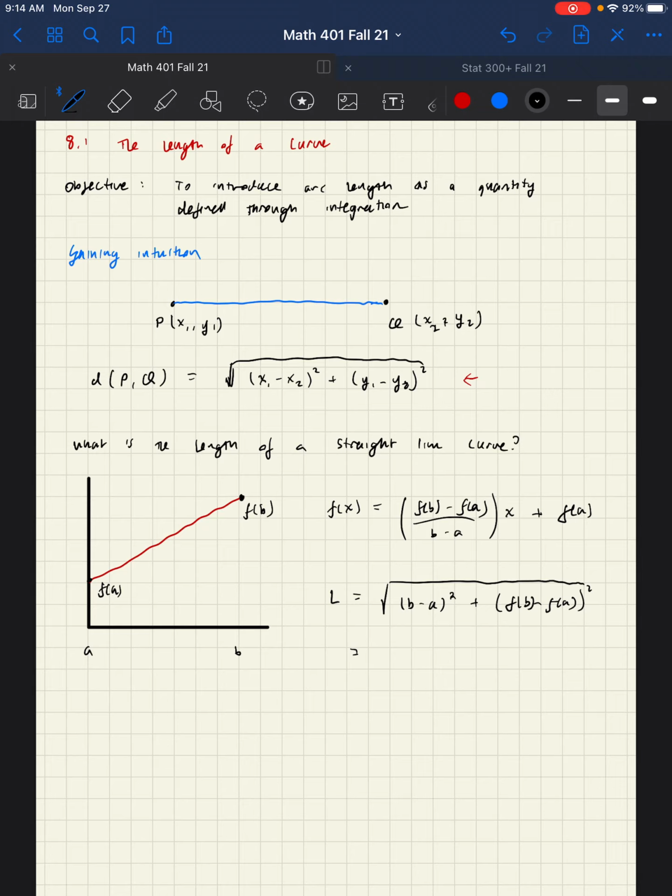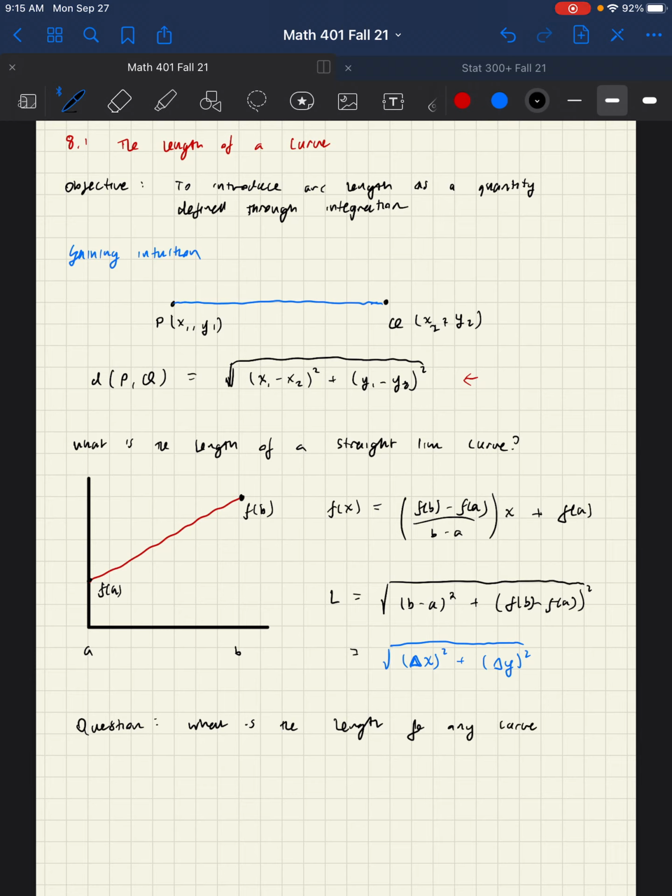So, but let me write this a little bit differently, okay? Because two things, right? So when we write this out, notice that what we're really saying is this is the difference in the x values squared plus the difference in the y values squared, square rooted. And we're going to apply something here to make this more manageable in the next generalization of length of the curve. So our question now fundamentally is,